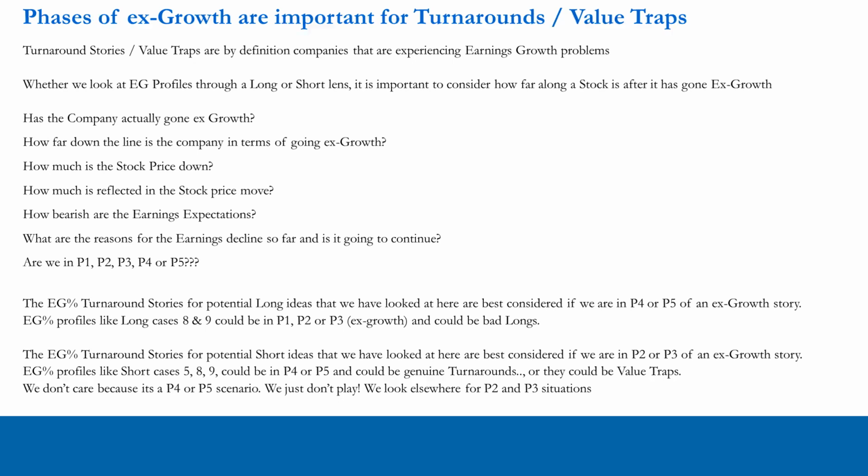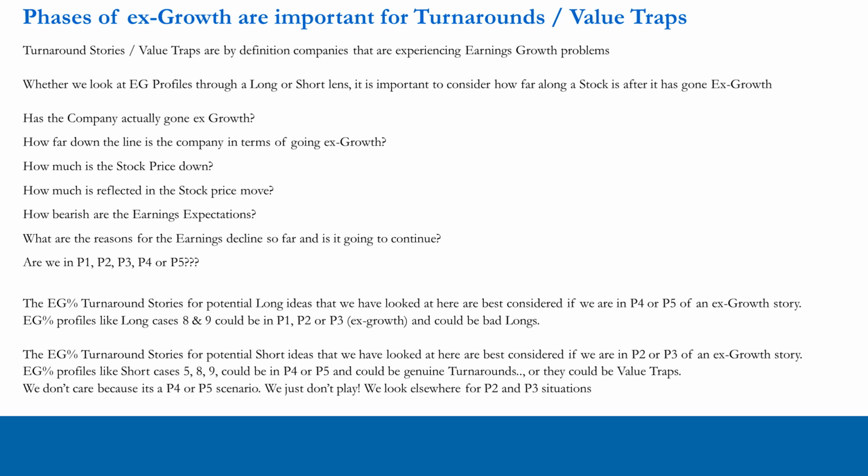And in case number 9, we have a wild turnaround in EPS where we go from a negative position, loss-making, to profit-making, and we go from negative earnings growth to very positive earnings growth. And we're capturing this in phase 4 or phase 5, not in phase 1, 2, or 3. So we have potentially very big upside for a turnaround story as a long position.